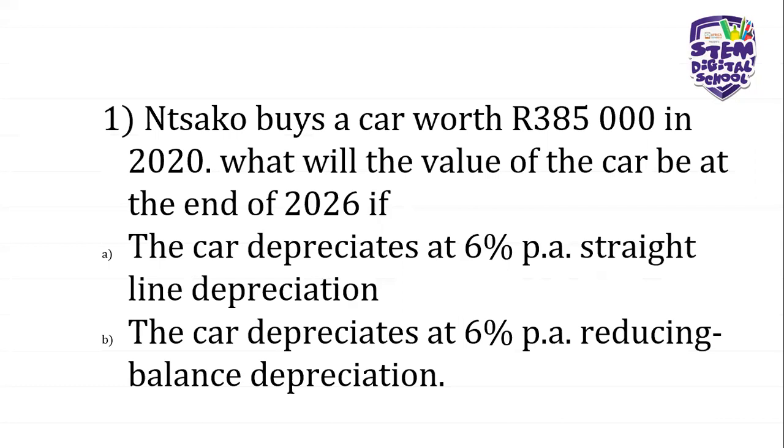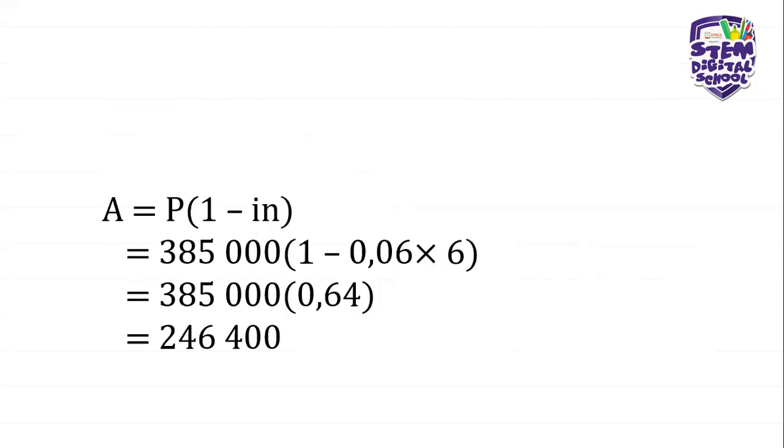Now, the formula to calculate the depreciation is a straight line formula. And of course, you can tell that we have got A, which is the accrued amount, but in this case, P stands for the principal amount. That would be the amount at the beginning of 2020, and that is the amount of the car, which was bought at